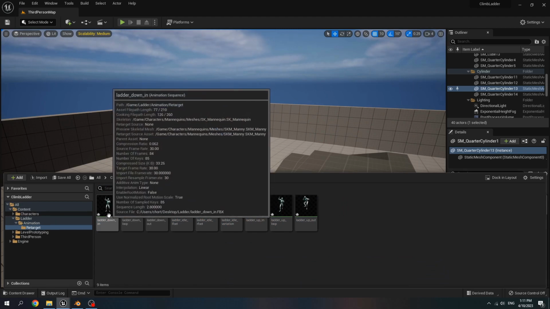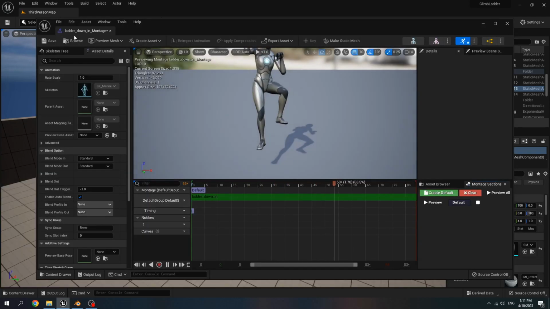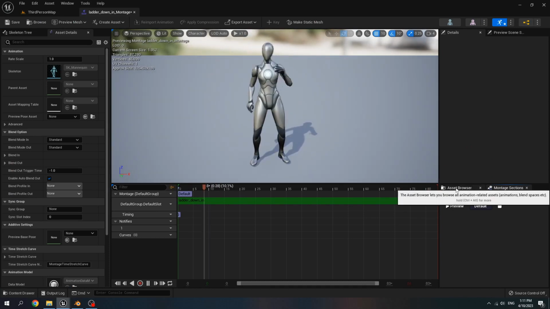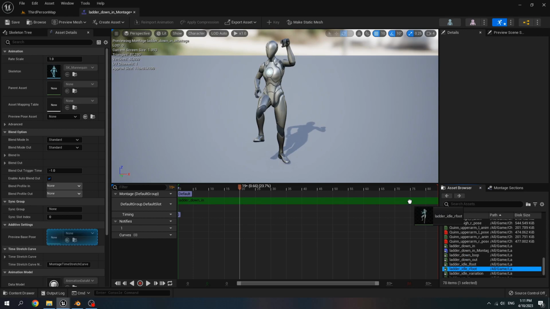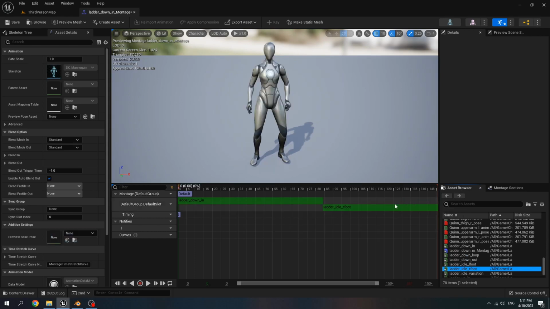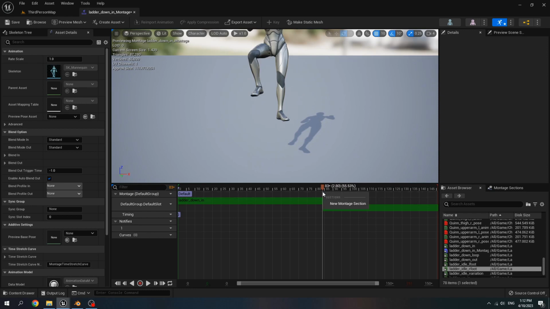Click on ladder down in. Right click. Create any montage. Open this animation montage. Select asset browser. Drag ladder idle R foot inside the animation. At the end of the first animation, right click, new montage section, name it loop.